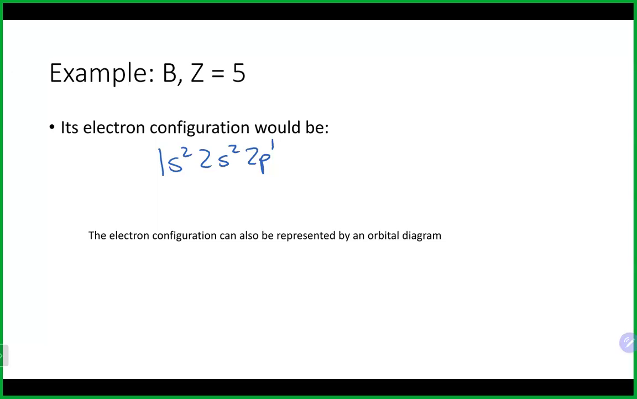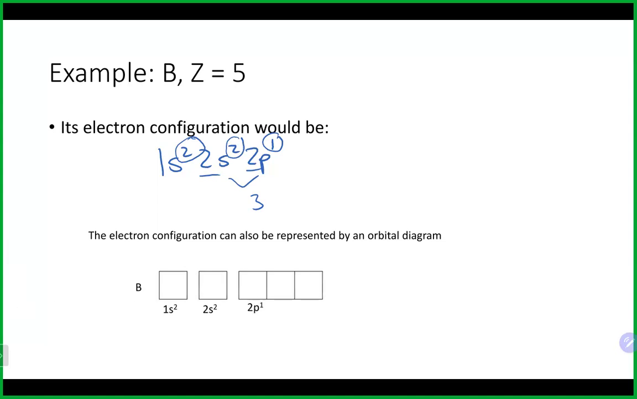I have a total of 2, and 1 more makes 3. So both of these are on the second energy level. On the first energy level, I have 2 electrons still present. That means when we do our orbital diagram, again, we would actually need not 1, not 2, but we would